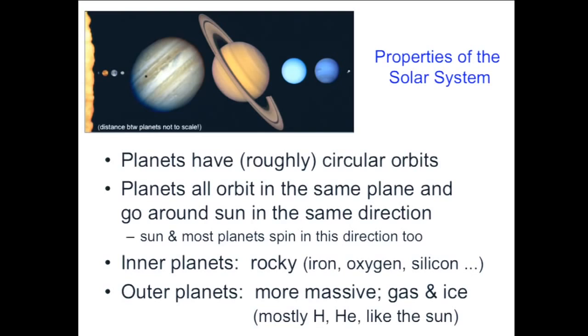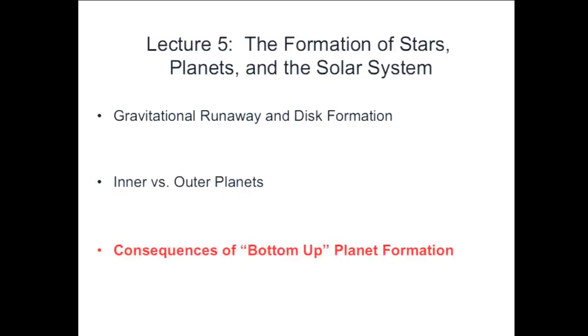So you should now have some feel for why the solar system planets have the properties they do. And what I want to do in the last bit of the class is tell you a few of the consequences of the fact that the solar system formed in this bottom-up manner. It formed from small things slamming into each other to make bigger things. That fact about the solar system turns out to be extremely important, not only for explaining what we see in the solar system, like that there are asteroids and comets, but also for things like the evolution of life on Earth, extinction of the dinosaurs, etc.